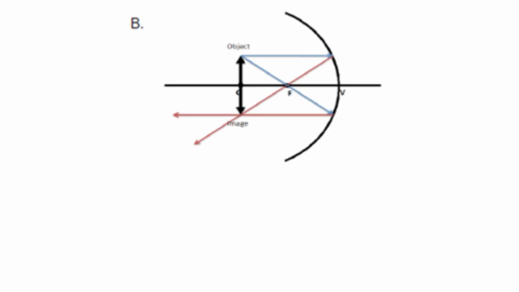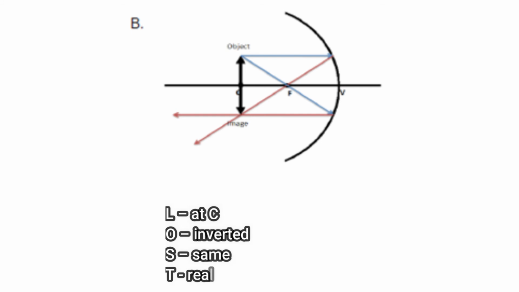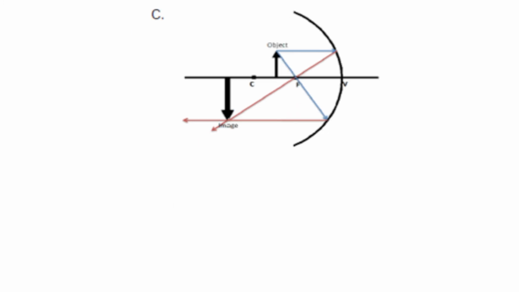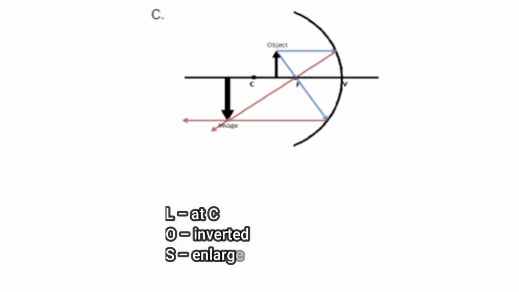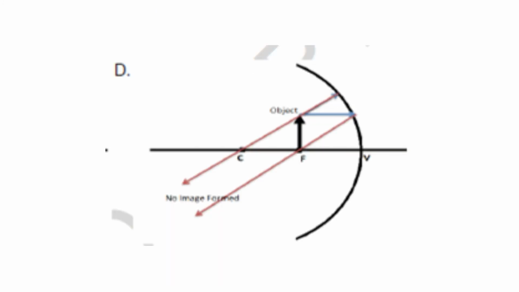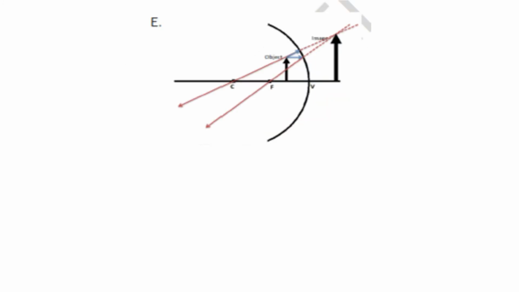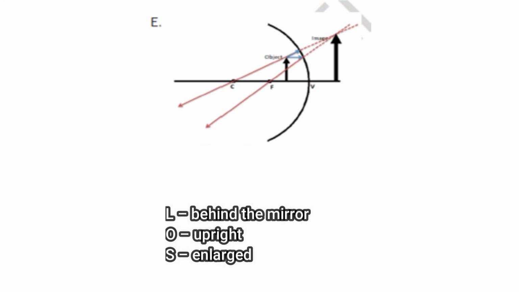Let us have this another example. The location of the image is at C, the orientation is inverted, the size is same, and the type is real. Example number 3. The image location is beyond C, the orientation is inverted, size is enlarged, and the type is real. Example number 4. No image is formed. Example number 5. The image location is behind the mirror, the orientation is upright, the size is enlarged, and the